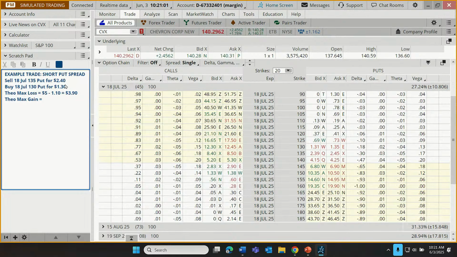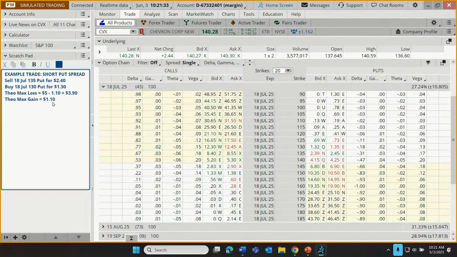Here's what the trader really wants out of this trade. We collected $2.40 for the one option, spent $1.30 for the other one, and what we're really looking for is for both of those to just expire worthless. So we get to keep the $2.40, someone else keeps our $1.30. Between those two things, we've made $1.10. So that's our trade. So this is a trade scenario where, at least in the way that we've structured this, there's almost $4 of risk for every dollar of reward potential on this trade.